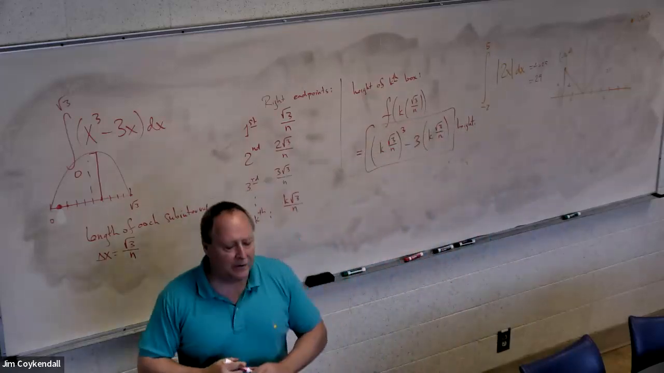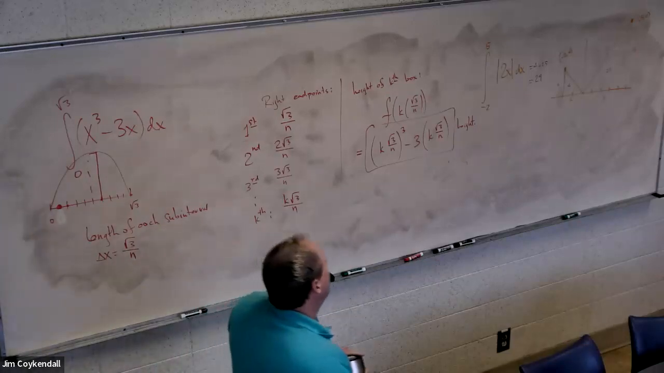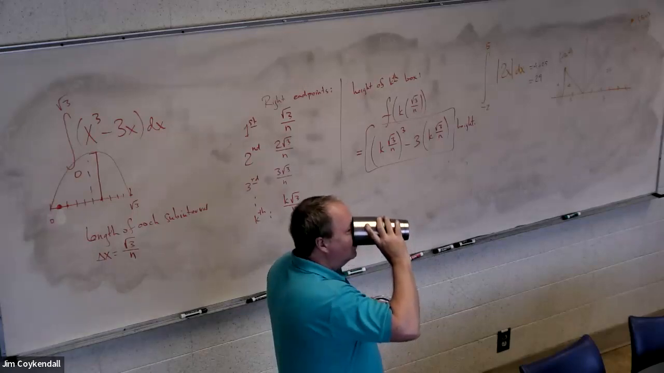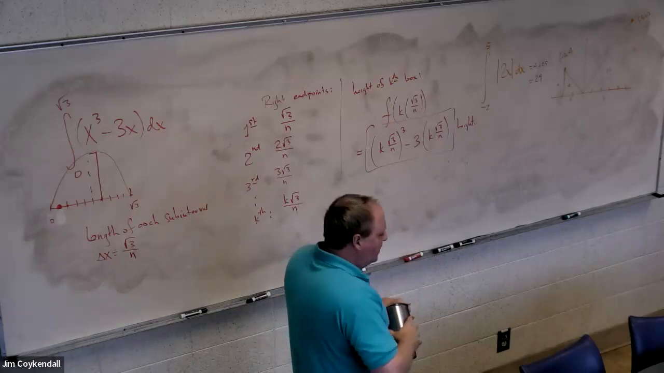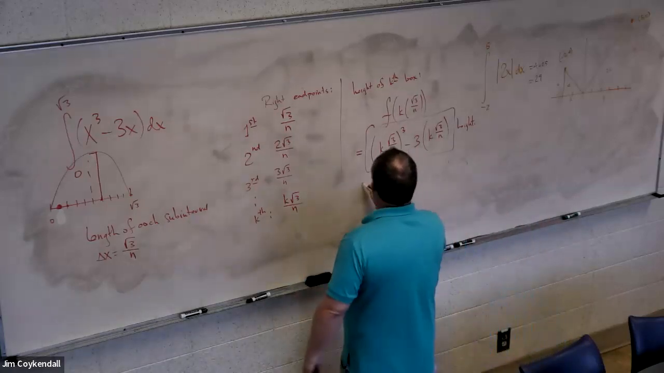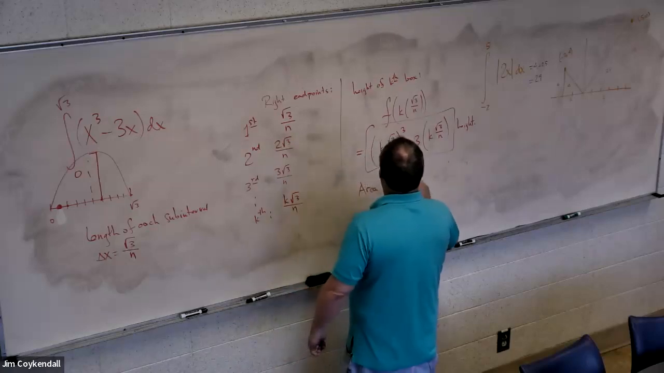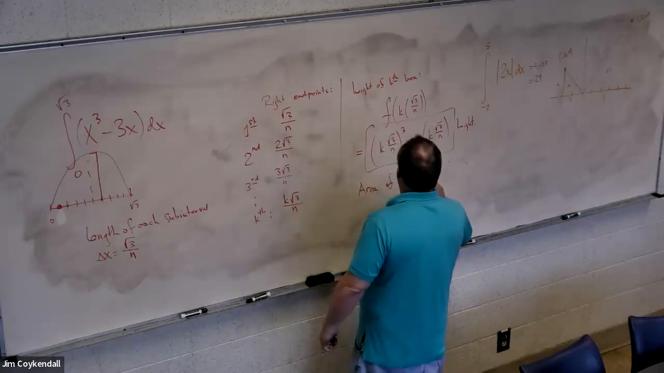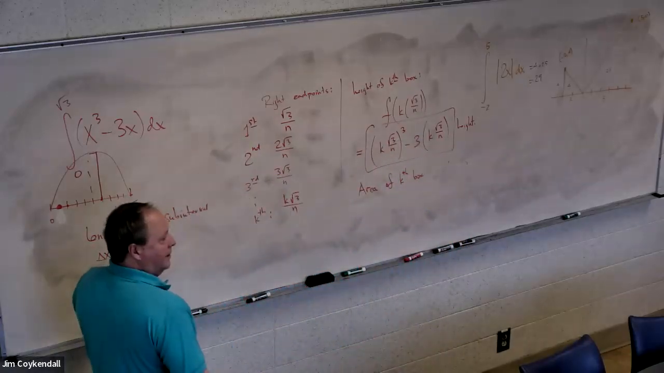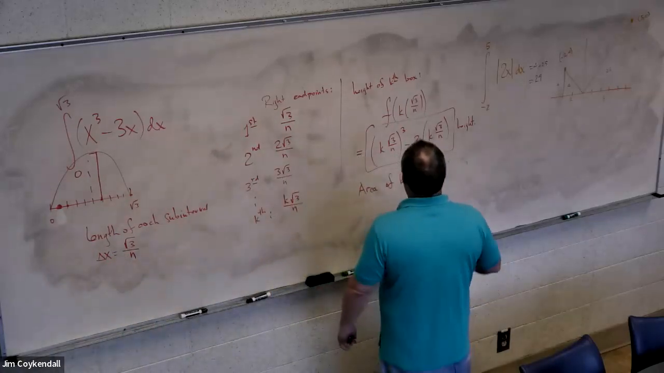Now, it also asks about the area. Right? So I've got the height of the kth box. Well, I need to multiply the height of the box by its width to get its area. What is its width? They are all that wide. Right here. So this would be